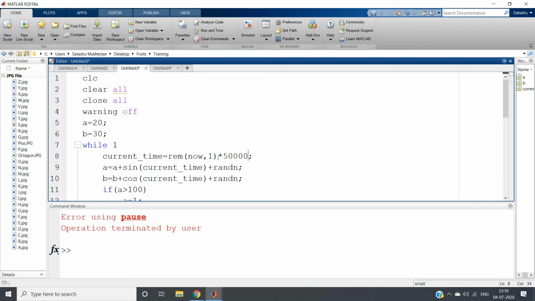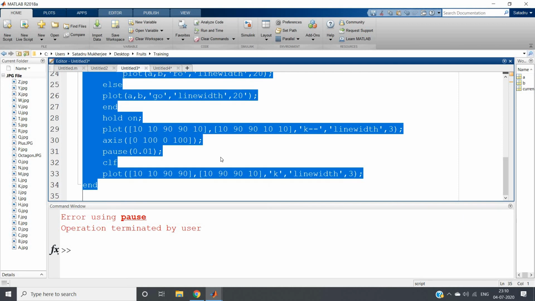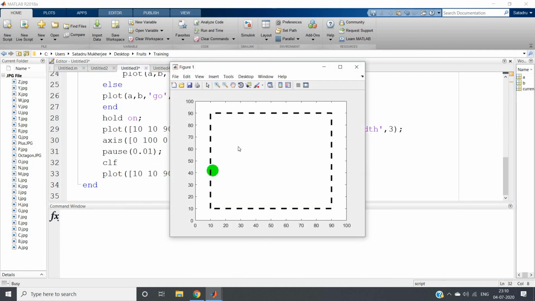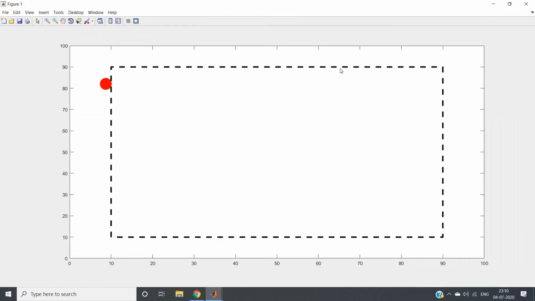You can use some scale factor and play with it. Maybe I can take 50,000. Taking random values, and see here some other kind of pattern you will be getting where my ball is continuously moving randomly, right? And as soon as it comes outside of the square-shaped black color boundary, it changes its color. I hope you have enjoyed this video.